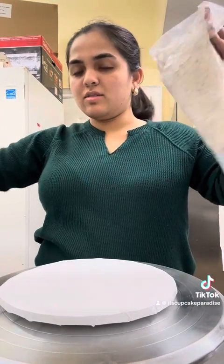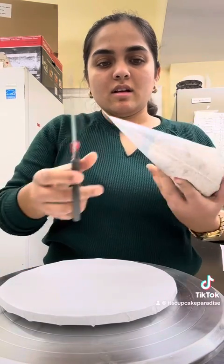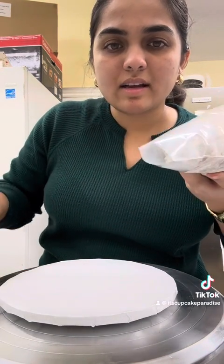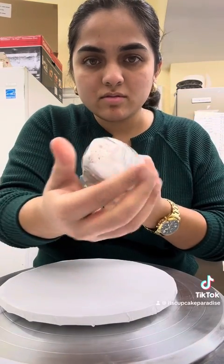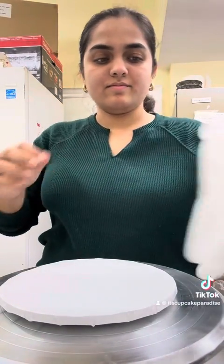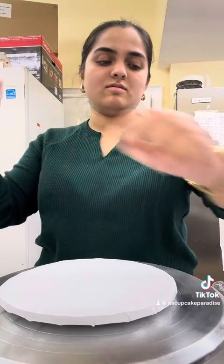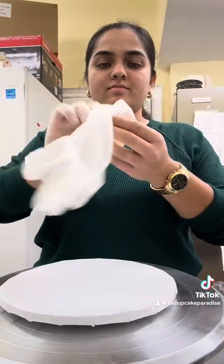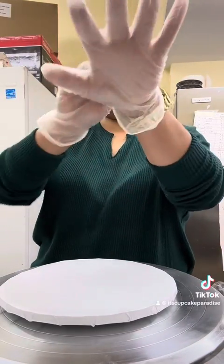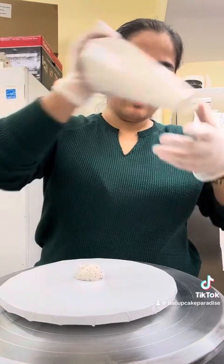Fill up your bag 3/4 so you have enough space to hold the bag. Cut the tip around an inch or an inch and a half. Take gloves on. So you put a little dollop of buttercream,